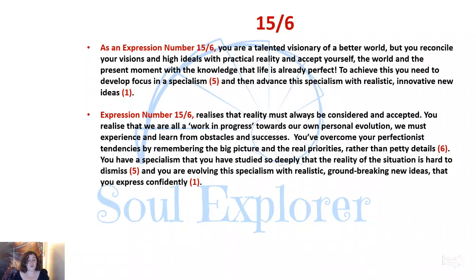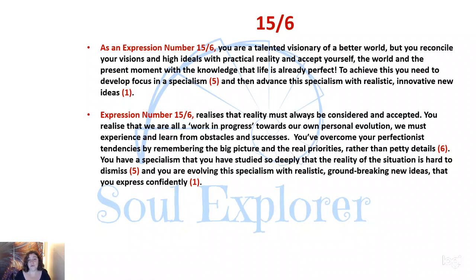We must experience and learn from obstacles and successes. You understand that in a deep way if you're a 1-5-6. You've overcome your perfectionist tendencies by remembering the big picture and the real priorities that you're here to achieve rather than nitpicking petty details. You have a specialism that you've studied so deeply that you can't be idealistic about the reality of the situation. You've studied it so deeply that you've realised that the reality of that situation is hard to dismiss, which supports